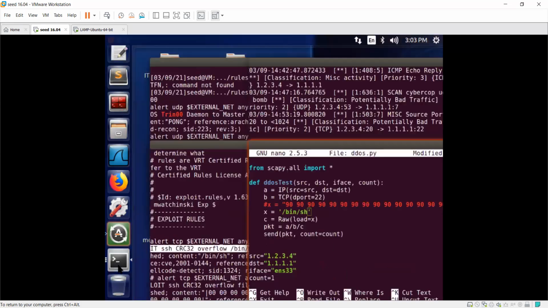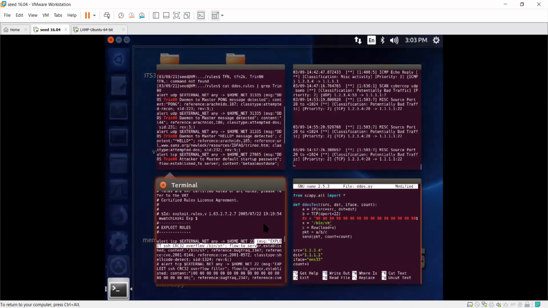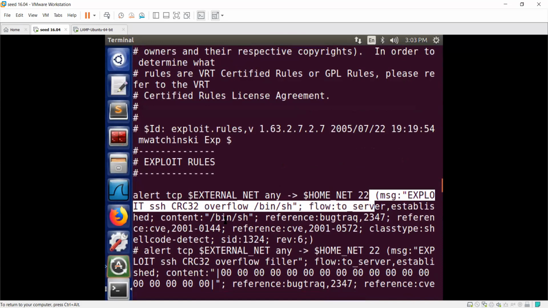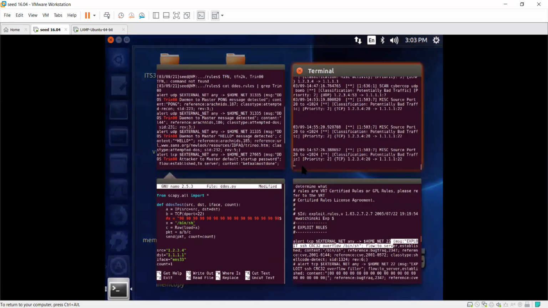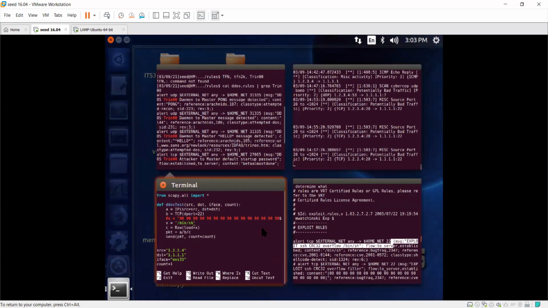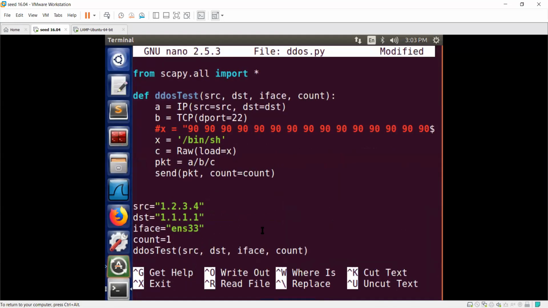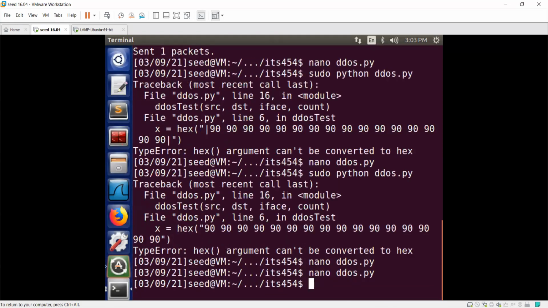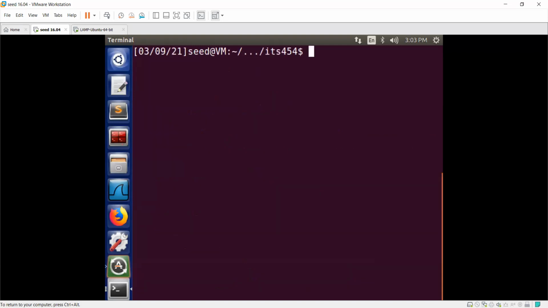So again, we can confirm that just by looking again at the alert. So yeah, /bin/sh, that's the content, destination port 22, TCP. And it's an overflow attack, so it's CRC32. So let's try that one. So we can Control X, Y, clear,